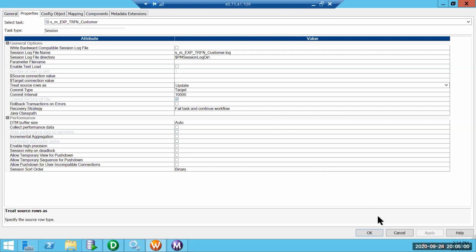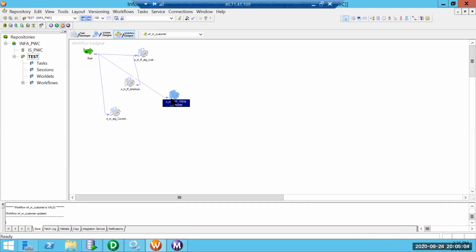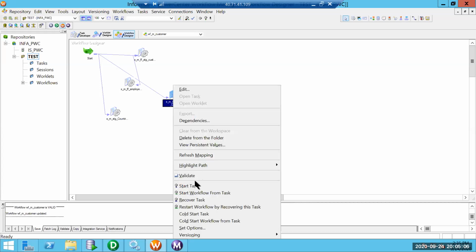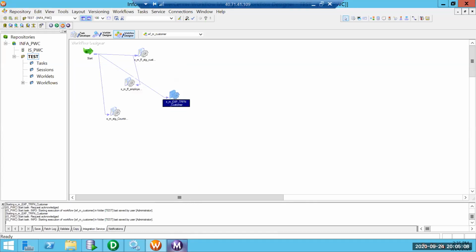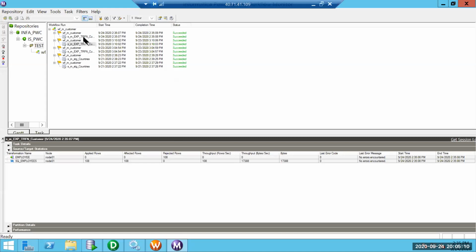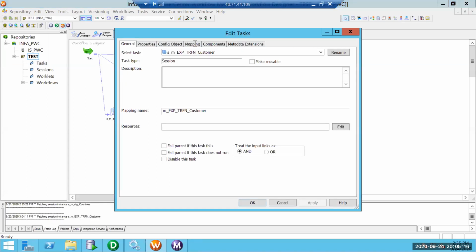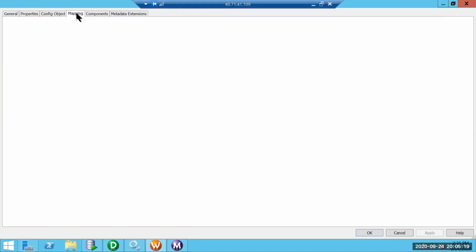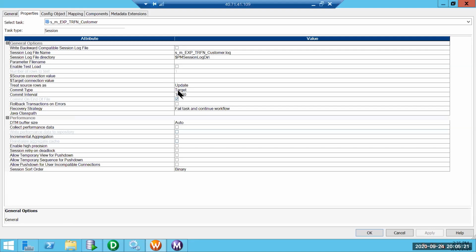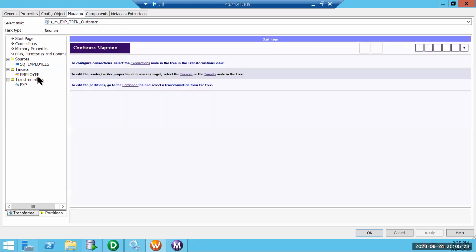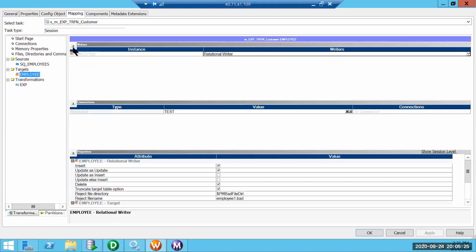Now I choose the property to update the data. Let's run and see what happens. It rejected everything. Before that, there is another property I should have shown you. Update is what we have chosen, and another important thing is on the target level.